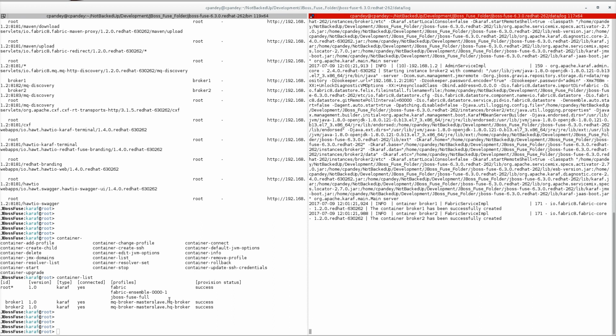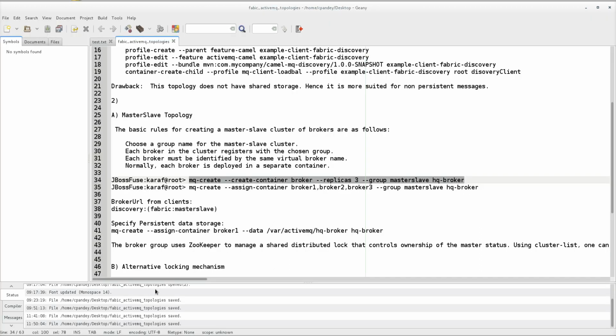So guys, if you study this again, we have already chosen a group name. The group name was master slave, and each broker is registered to this group. How did we register it?